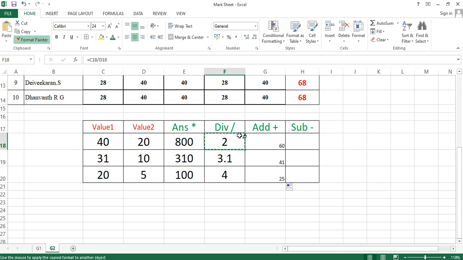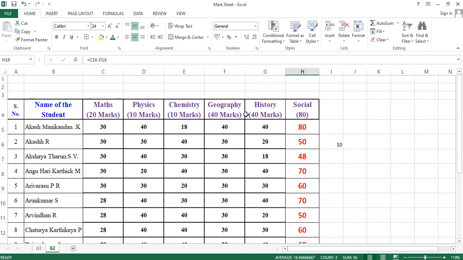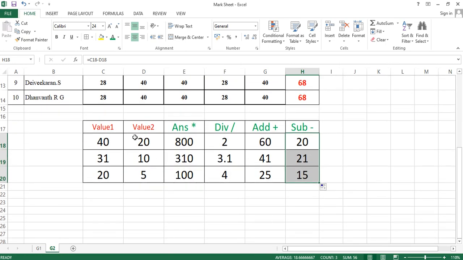So the same font, you can do it for all of them, right? So 40 plus 20 is 60. 31 plus 10 is 41, like this. So subtraction means equal to first value, minus, and second cell value, enter, right? Drag it. This is a very simple thing you can do here.